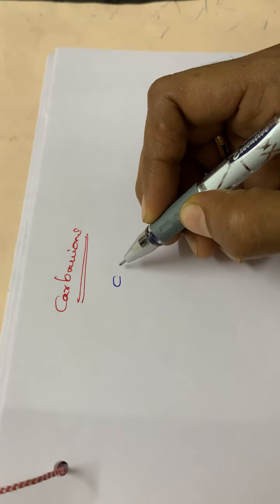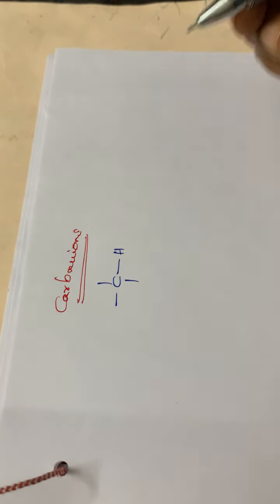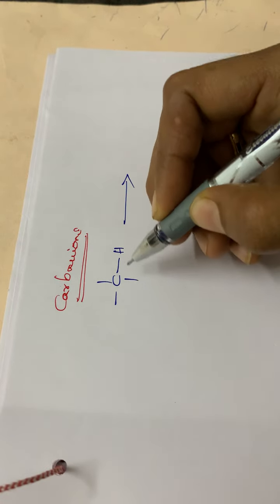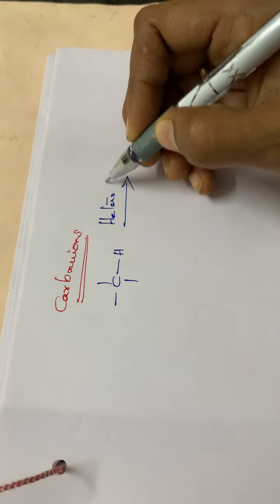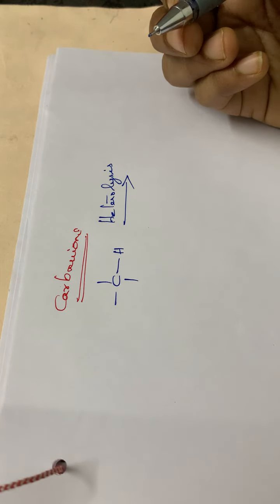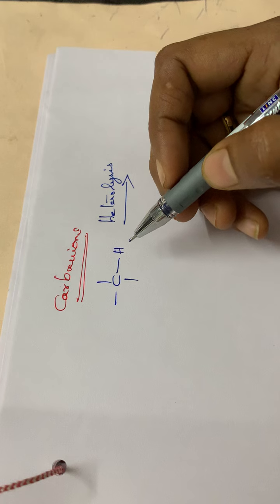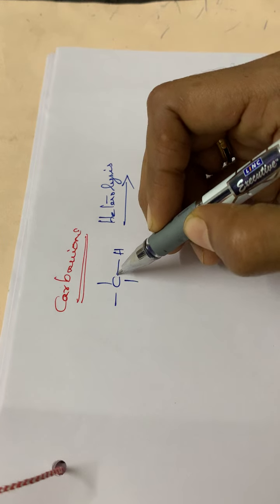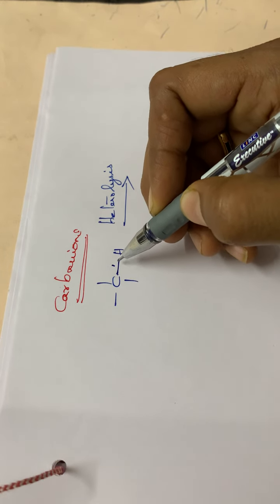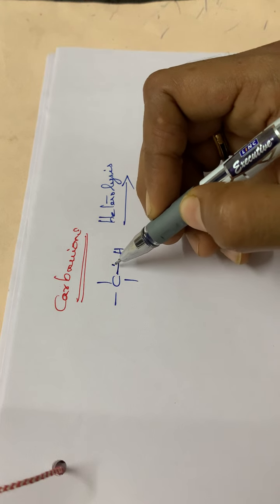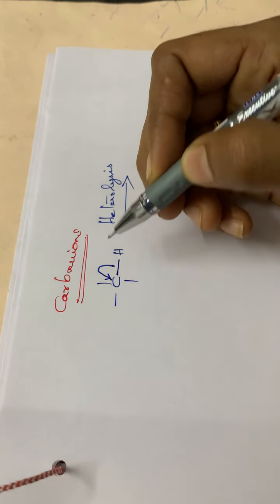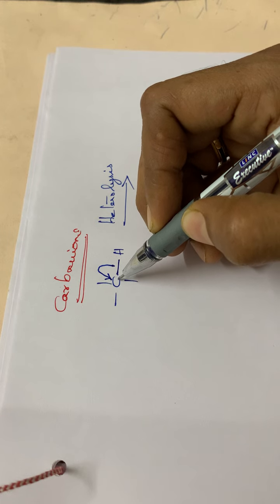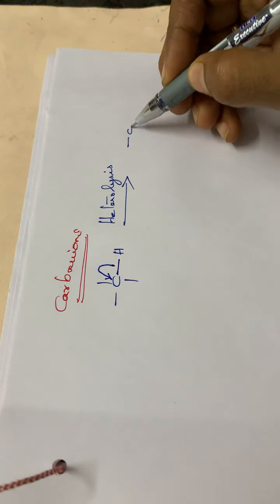Carbanions. Carbanion means, normally for example CH, carbon with other three valencies. Here in this carbon atom, heterolysis occurs. Heterolysis means unsymmetric bond fission, isn't it? That means the bond pair of electrons will be moving to one of the atoms. After this bond breaking, this electron pair will be moving to this carbon atom, so that this carbon will be getting a negative charge and hydrogen will be getting a positive charge.